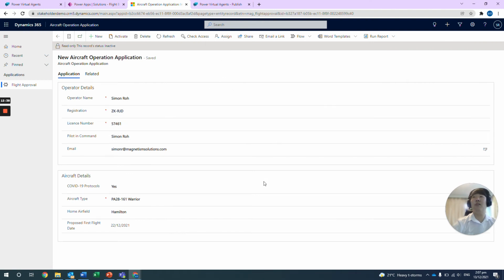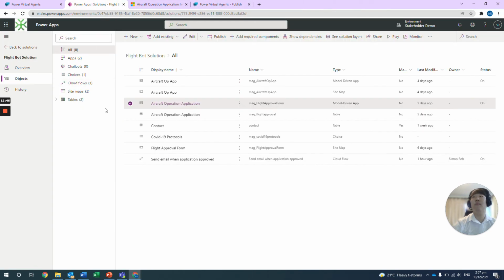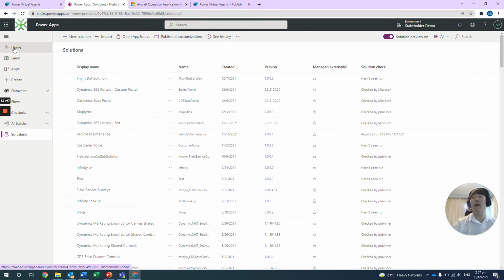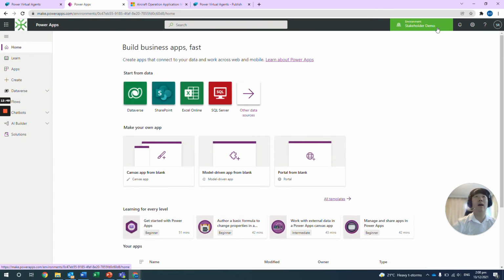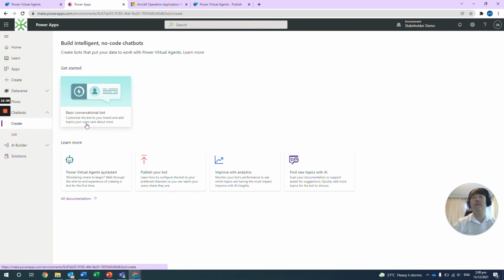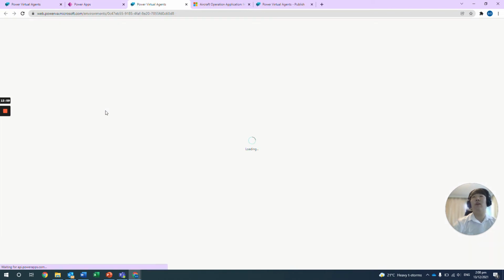So yeah, that's pretty much what I've built for my Power Virtual Agent. So now we can go through and see how that was all created. If we go to my Power Apps and go into my environment and under chatbots, if I go create, it will give me this option here. When I press that, what it will do is bring up a new window